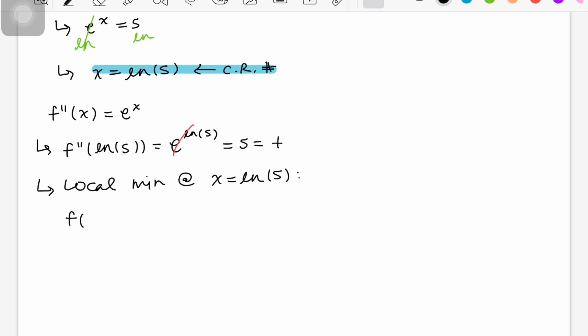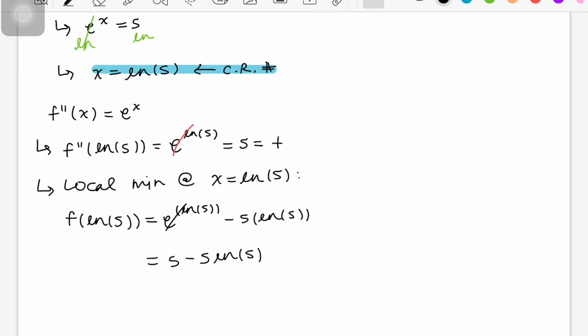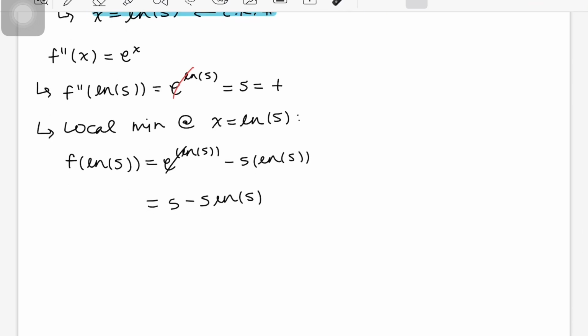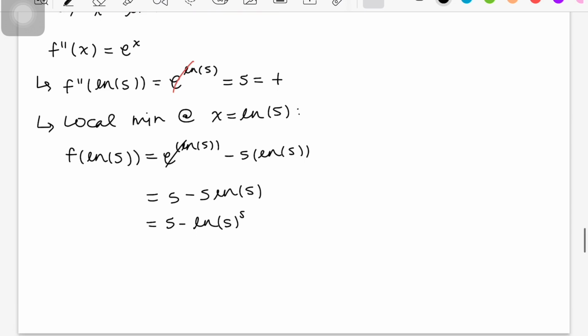So we'll evaluate our function at this point. Our original function was e to the x minus 5x. We know that these guys will cancel, so we'll get 5 minus 5 ln 5. And then remember our property of logs here. If we have 5 times this log function here, this is the same as 5 minus ln 5 to the 5th power. And so evaluating this, we'll get